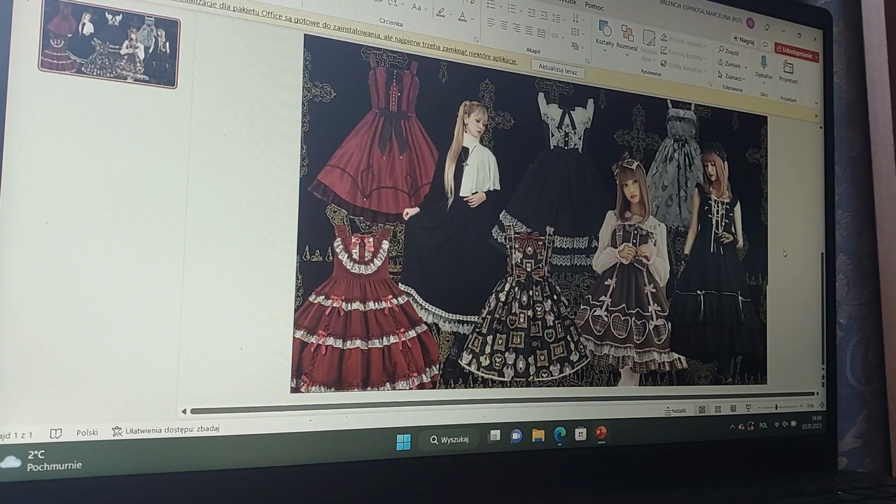I love a good mood board, so this is what I've done. I've decided on the JSK because I think the JSK will give me more styling and coordinating options than the One Piece will. I'm not sure if I'll be delving into Lolita again in the future, so just in case this is a one-off, I do want it to be something I can wear multiple ways. I've got a few examples here from Angelic Pretty. I've got a few from